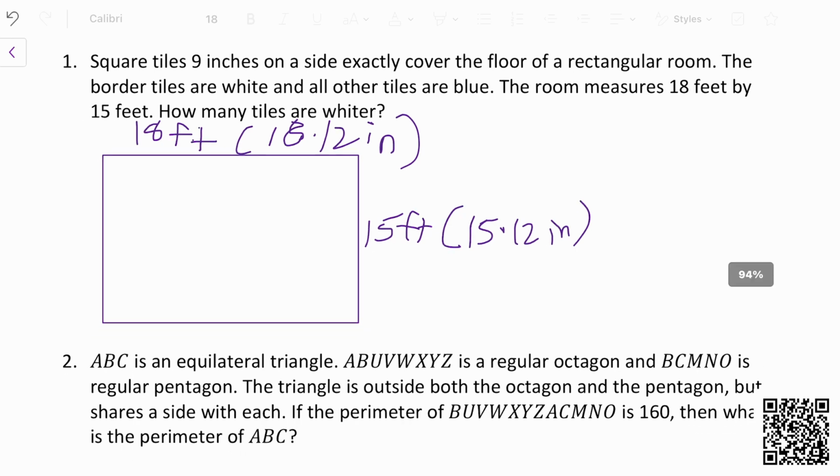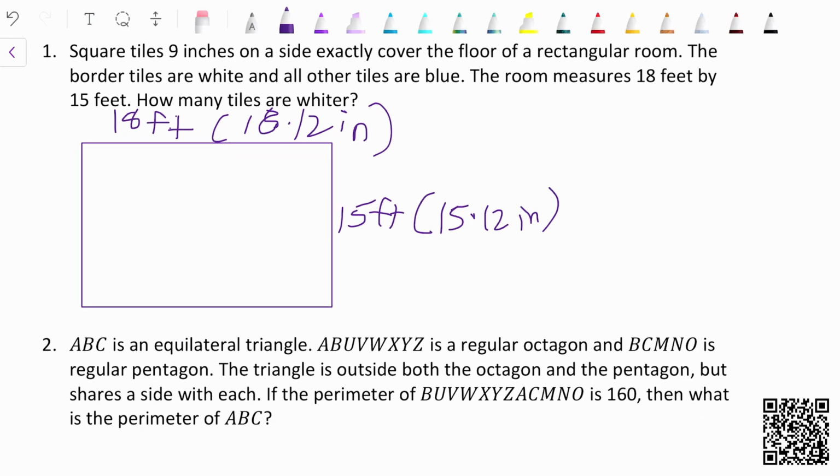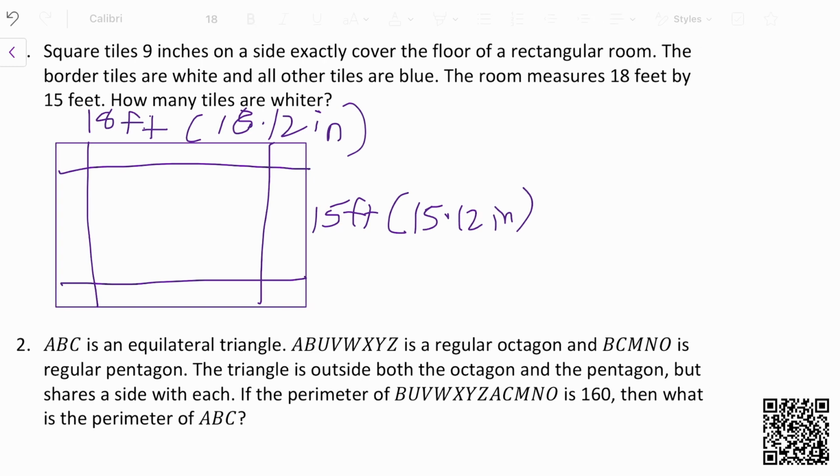And if we draw out the border of this room, since it's asking how many tiles are white, this means that it's just asking for the border. If we actually draw out the border, you'll see that the corner tiles of the room actually overlap. This means that when we solve for the border, we can't just take the number that we get afterwards. We still need to subtract the corner tiles one more time to make sure that we only count it once. So if we write our equation, it'll look something like,